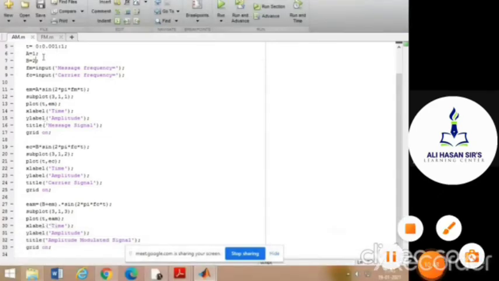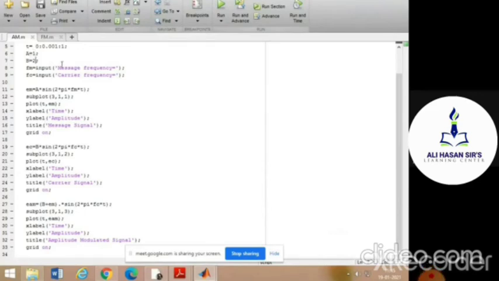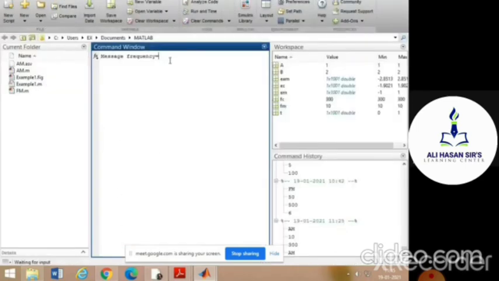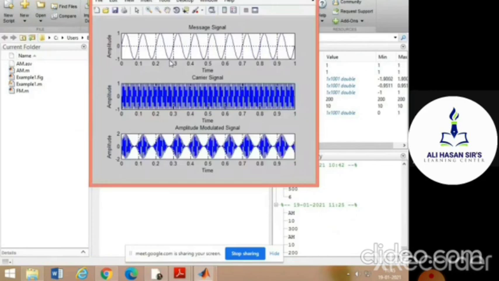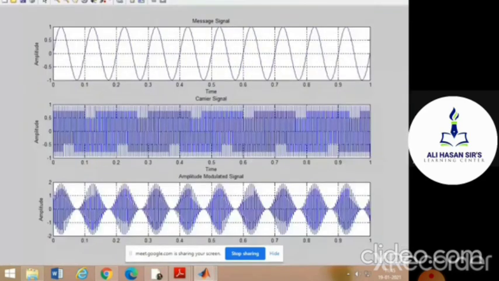Now we'll see the second case, where the value of A is 1 and I will make B equal, so that we are supposed to receive 100% modulation. Let's see what output you will receive. The values of A and B are equal, so now I should get 100% modulation in the graph. I have given the message frequency as 10 and the carrier frequency as 200. Now after pressing enter, yeah, we are getting 100% modulation, where the upper sideband and lower sideband touch